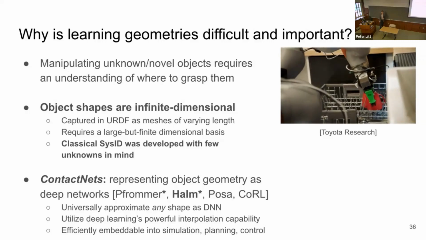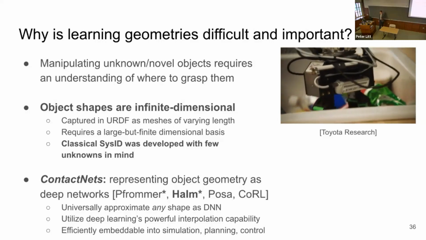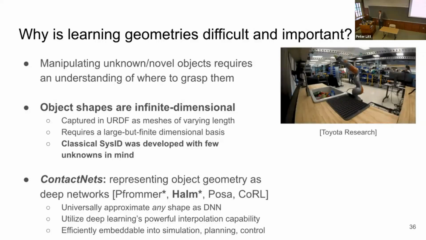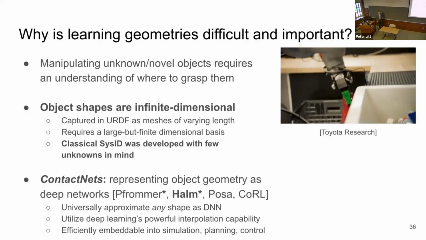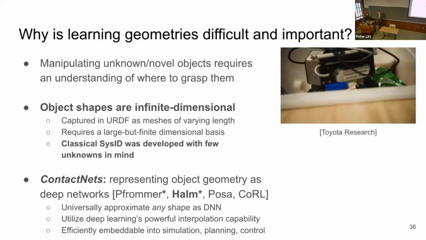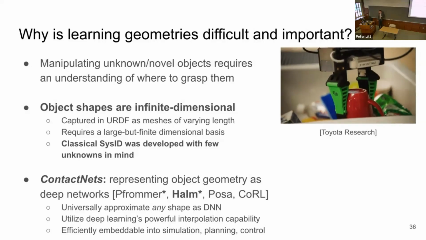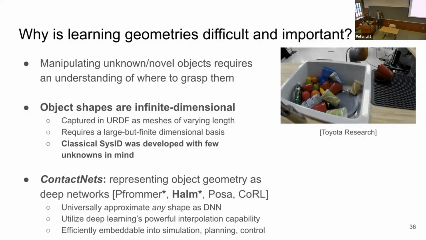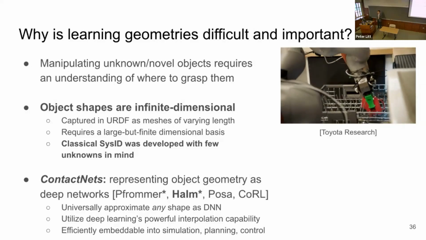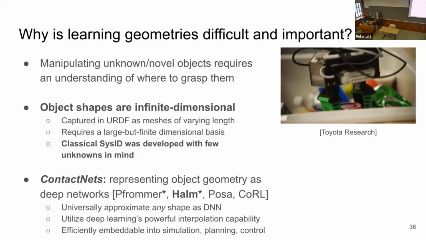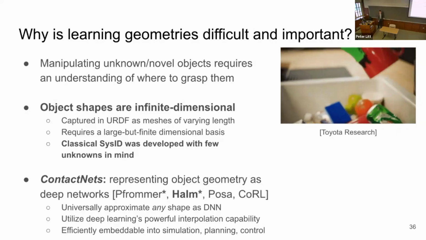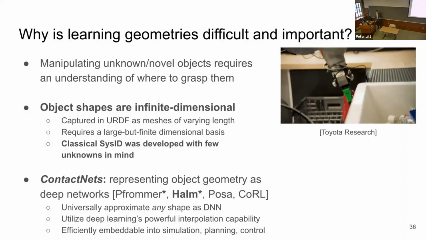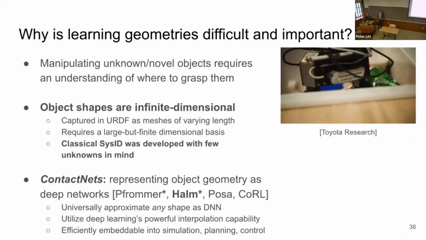And this is very difficult because if you would like to reconstruct an object geometry from scratch and you have no prior information about its shape, you're effectively doing an infinite dimensional identification process. You can think of this intuitively as when we have physics simulations, we often capture the geometry of our robots with geometric meshes that could have thousands or millions of vertex points to describe complex geometries.